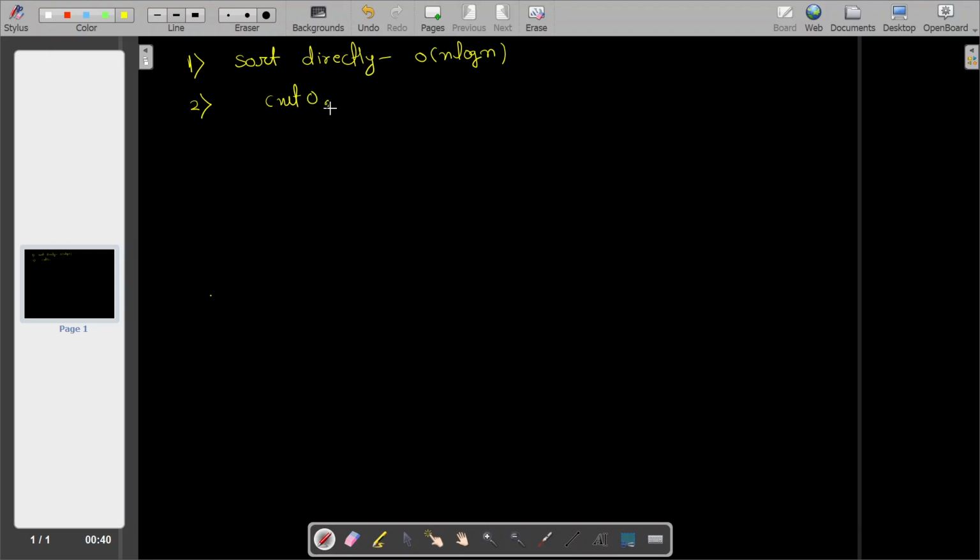Second method is to count 0, count 1, and count 2. Okay, you can count and then you can change the elements. So this will take order n because you are just changing the elements. So this will roughly take order n. And space complexity is order 1 because you are taking only 3 variables, count 0, count 1, and count 2. But to be precise, it will be two order n, because